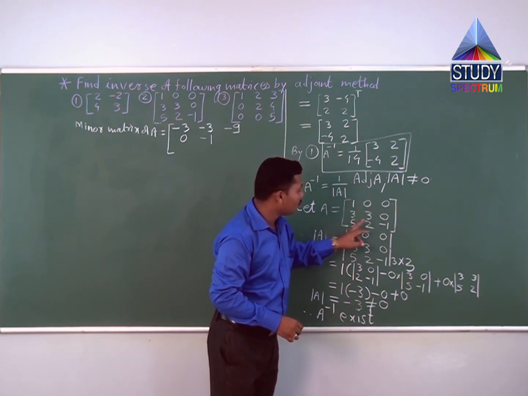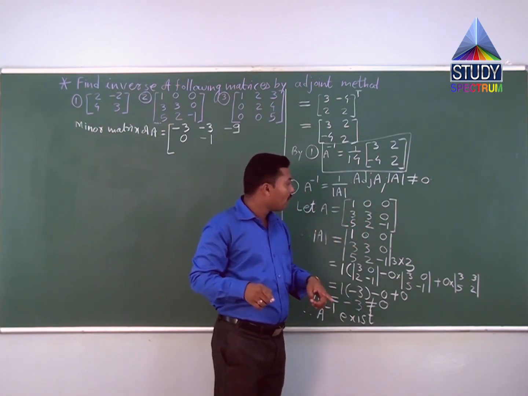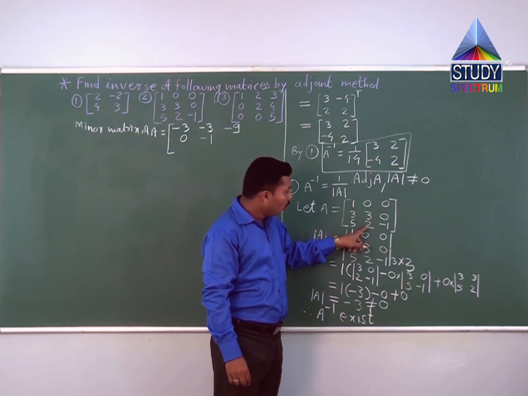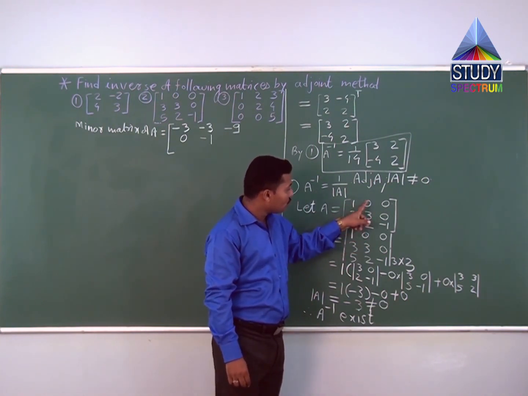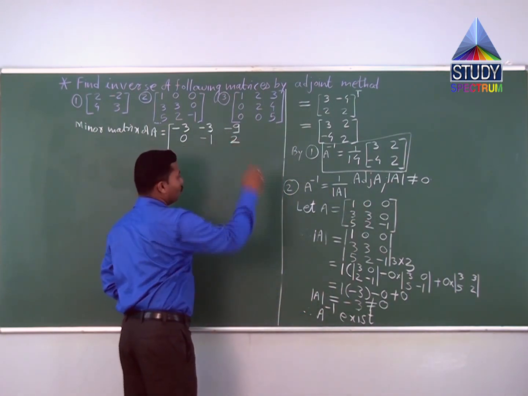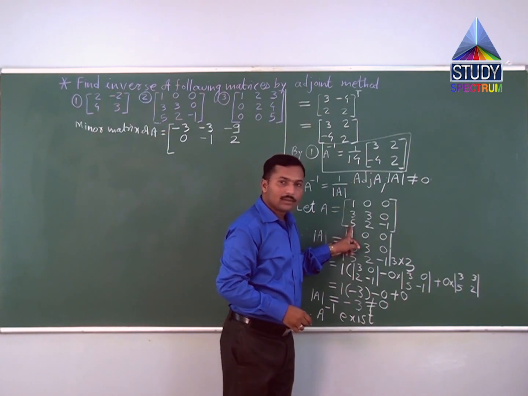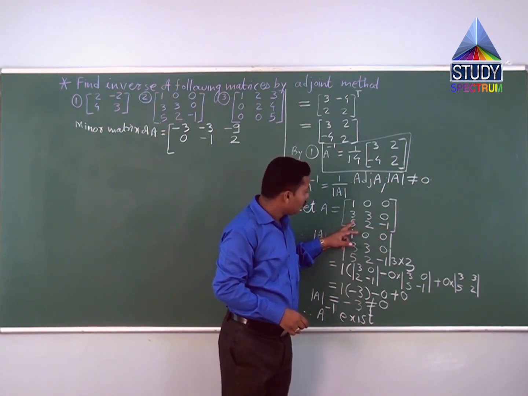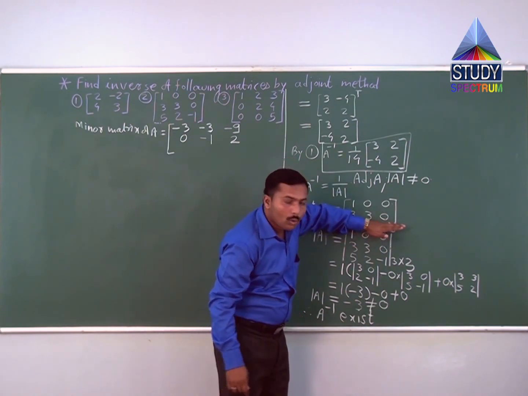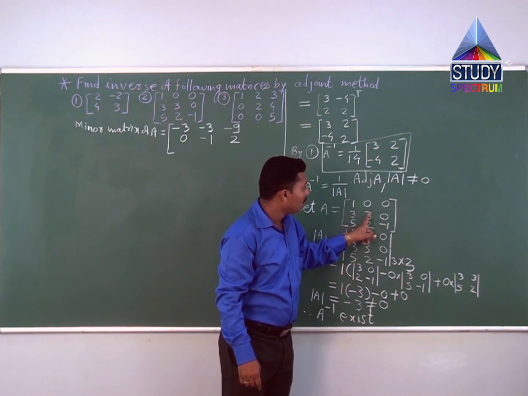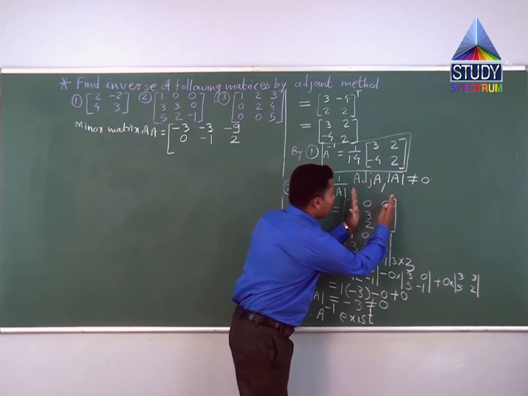So by using row transformations we convert this matrix into this identity matrix. Here is already 1, we want 1, so here is already 1. By using this 1 we make this number 2 a 0. Number 2 is a member of the second row, this is the second row, this is the first row.